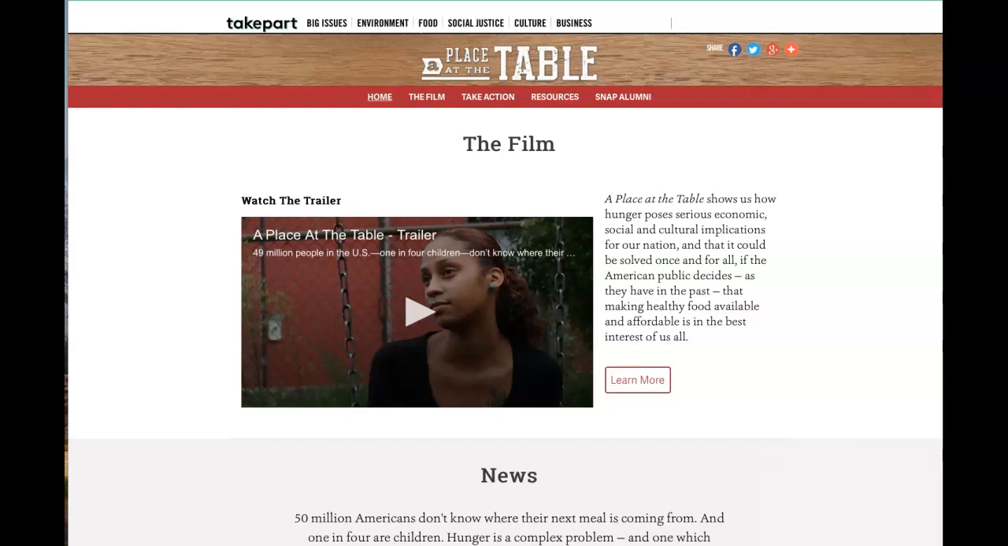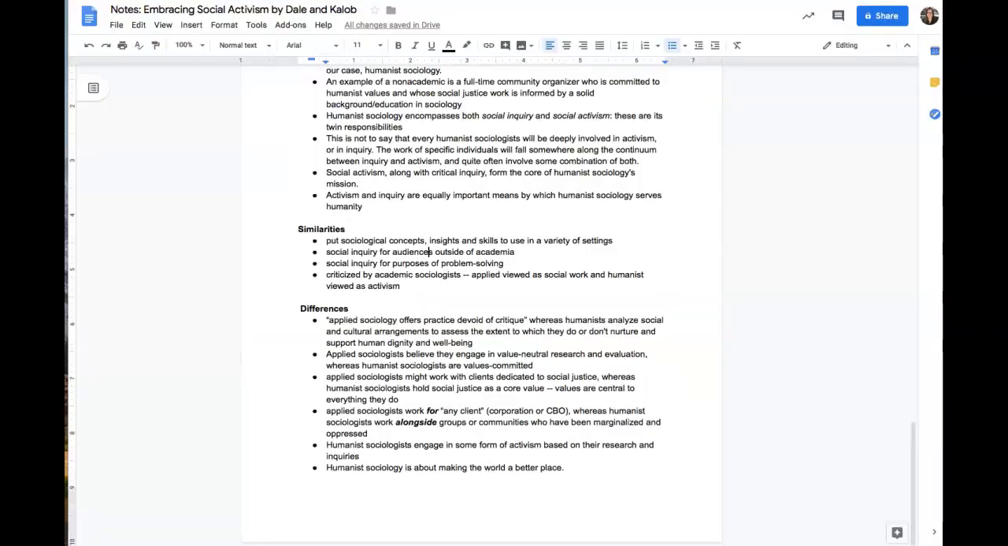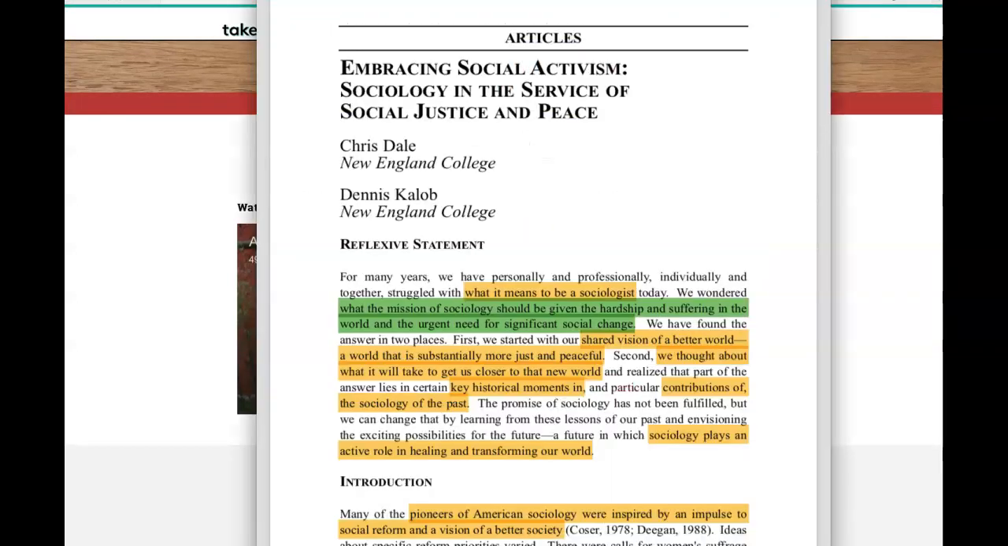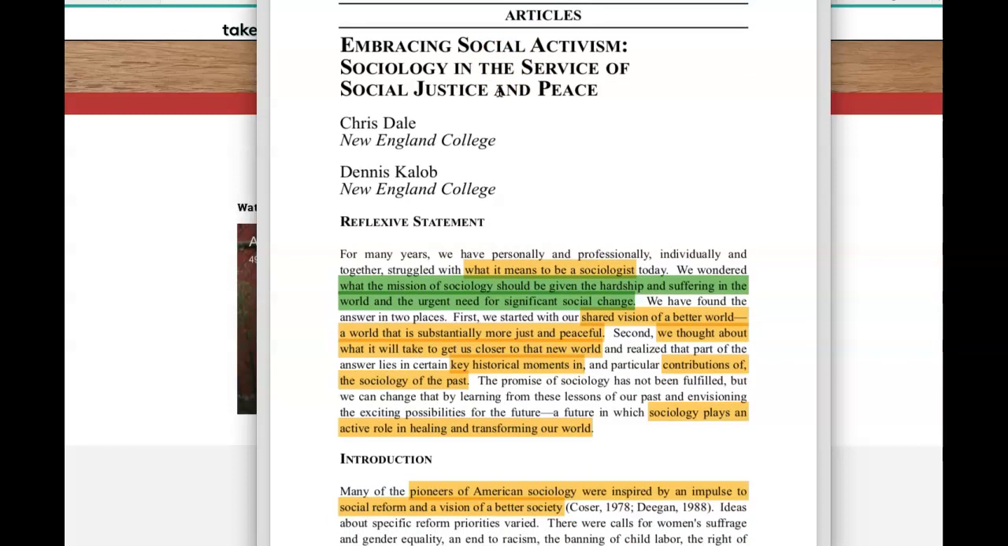So this week we had 2 pieces of information. And I don't know why. We had the Place at the Table documentary, and then there was one reading, Dale and Caleb's article, Embracing Social Activism. And so when I read, then again, this is just me sharing with you my approach, and you definitely don't have to do it this way, but the point is that you want to have some method for